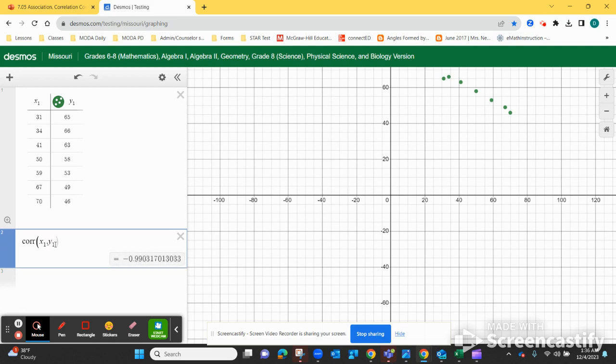So we're looking for that correlation. Down here, you'll see it is equal to negative 0.99. So that is your correlation coefficient, which is represented by